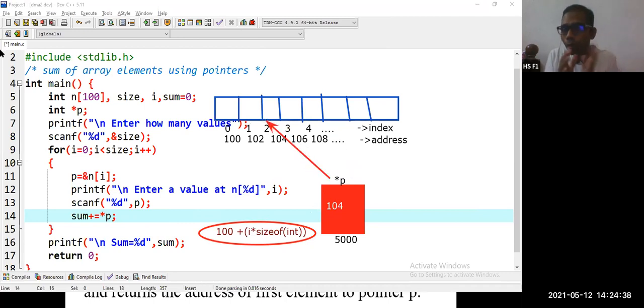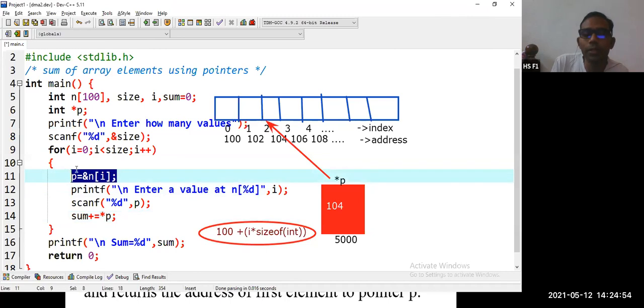What we are doing, we are moving the pointer. Previously we stopped the pointer, we added I value every time. Here we are moving the pointer. Understood? Two different approaches. You can assign the address outside the loop or inside the loop. This is the difference.